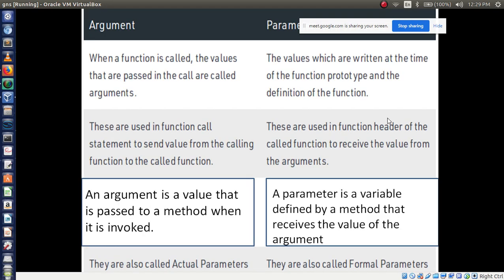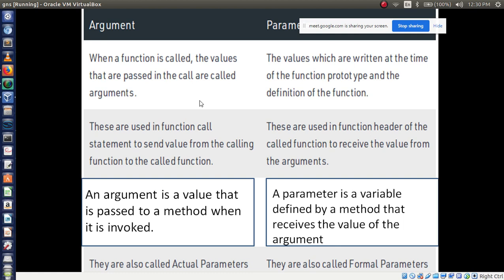Now here is the difference between argument and parameters. It is a small difference. Sometimes they may ask 5 marks or 4 marks in your main exam, or sometimes they may ask a 10 marks question like this: explain the parameter concept and give the difference between argument and parameters in detail.